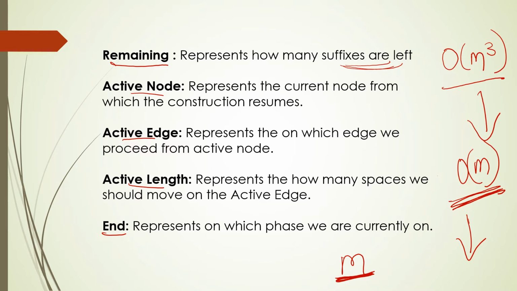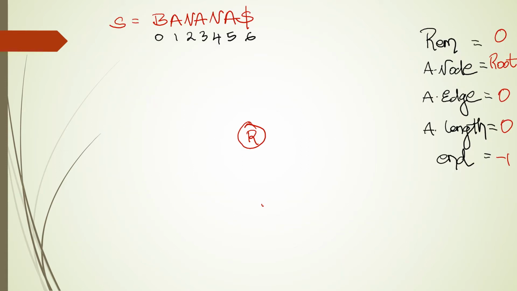So let's get started by building a suffix tree. Let's build the suffix tree using the Ukkonen algorithm for the string banana. And banana is 6 characters, and why did we add dollar at the end? Dollar is added at the end to turn an implicit suffix tree into a true suffix tree. It is not just dollar. We can add any unique character at the end. Usually we add a dollar or a pound sign at the end to make it a true suffix tree.